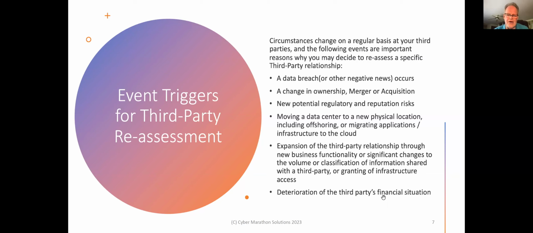Finally, another area where you may have reason to reassess is deterioration in a third party's financial situation. And sometimes that deterioration can happen fairly rapidly. It could be because of a shift in technology. It could be because of events at the third party. And if you're not monitoring the financial health of your third party on an ongoing basis, you may miss that